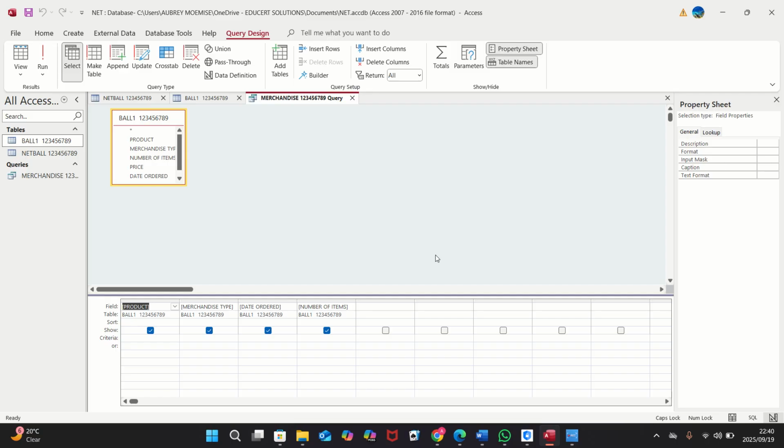So I'm told to add a criterion to filter only the merchandise ordered on 10 July 2025. So beneath the criteria, this is the criteria. Beneath the arrows, date ordered is 10 July 2025. So when writing a criteria,